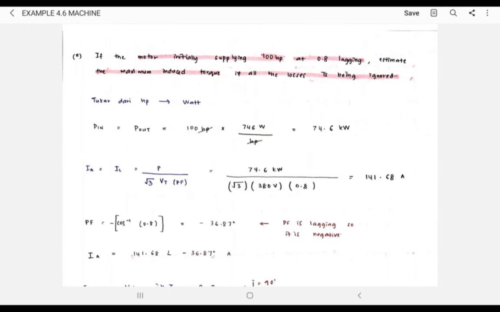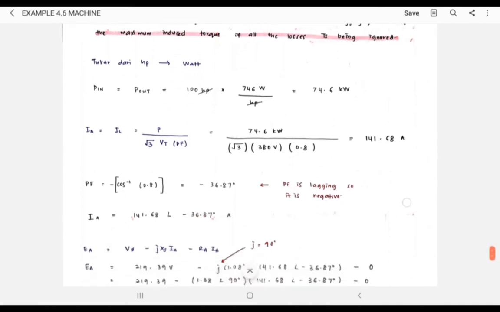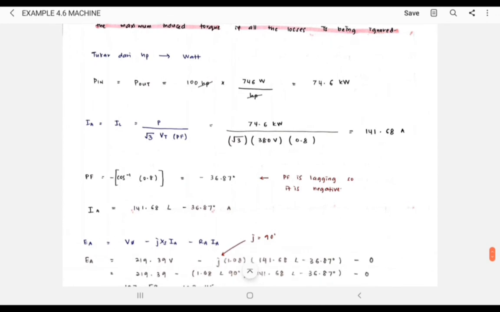Then we will get 74.6 kilowatt for the power output. Next, we will calculate IA equals IL equals P over root 3 Vt times power factor. Then the answer we will get is